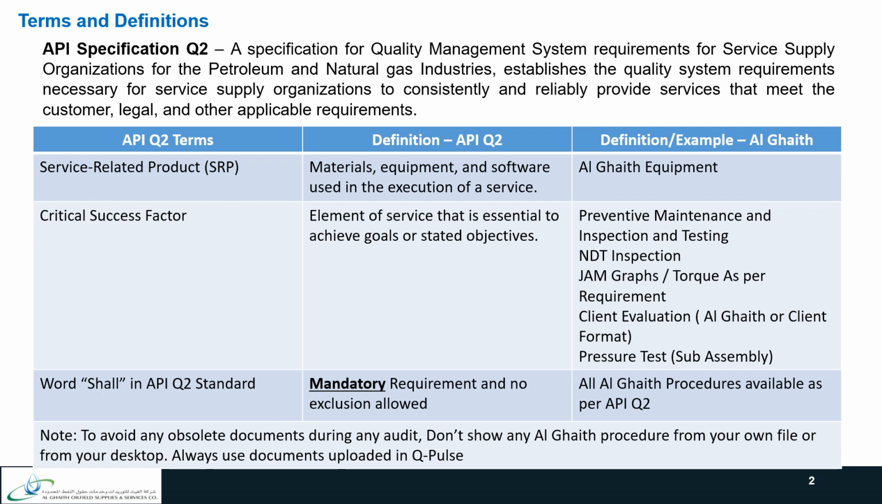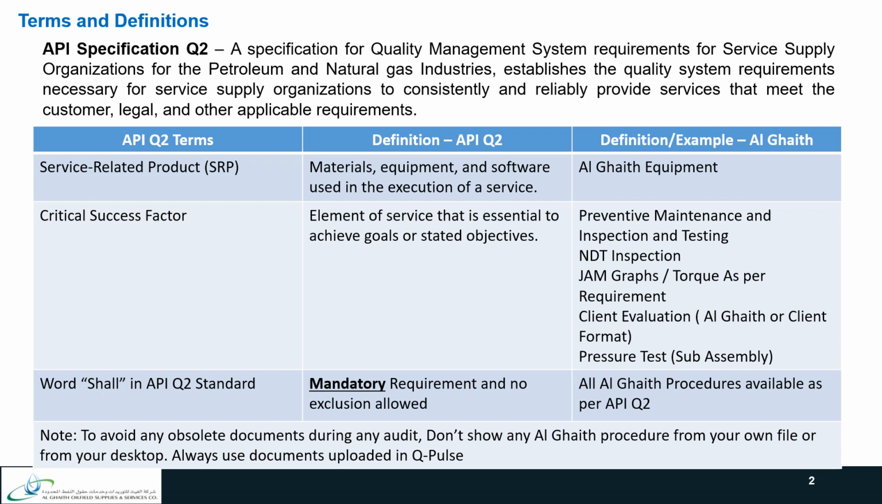Service-related product, SRP, are the materials, equipment, and software used in the execution of a service. These are nothing but the Ghaith equipment that we use to deliver our service. Critical success factor is the element of service that is essential to achieve goals or stated objectives. Examples of these are the preventive maintenance and inspection and testing, NDT inspection, gauge graphs, torque as per requirement, client evaluation, Ghaith or client format,